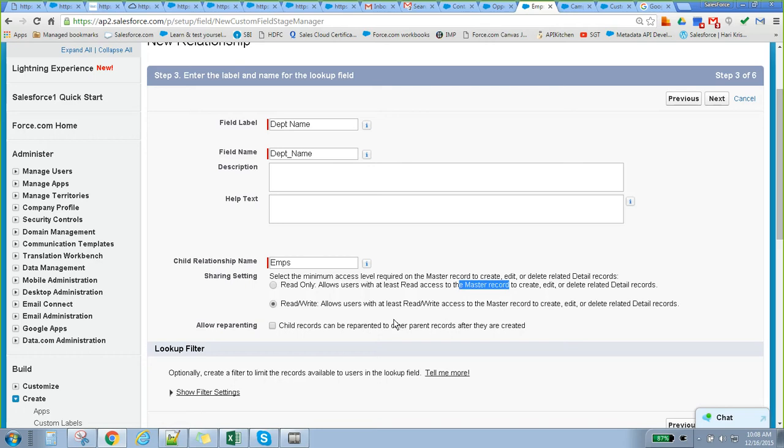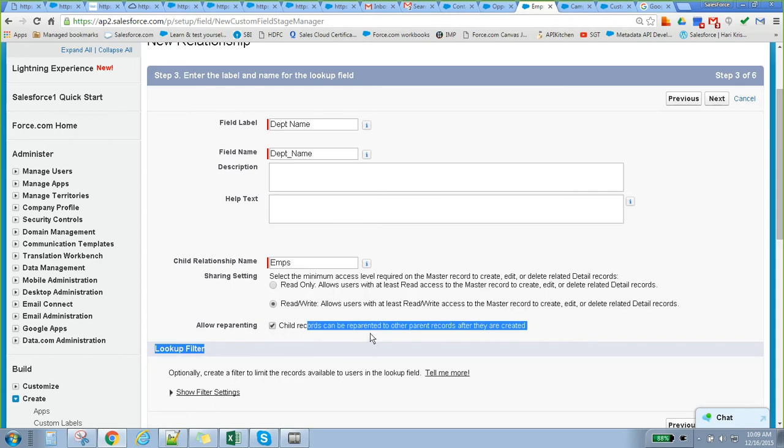So allowing reparenting. What is reparenting? While creating, if you select this one, reparenting. Now we are referring to department, right? Later, if you want to change it to some other parent object, in that case it will help if you select this option. This is very important.